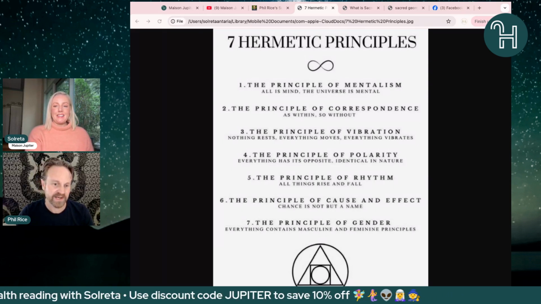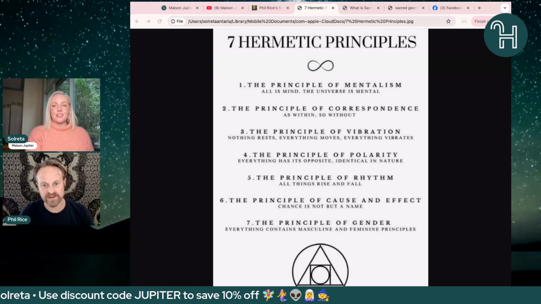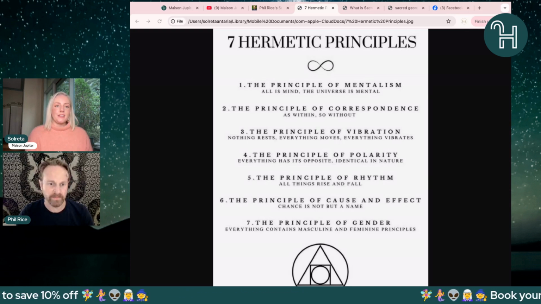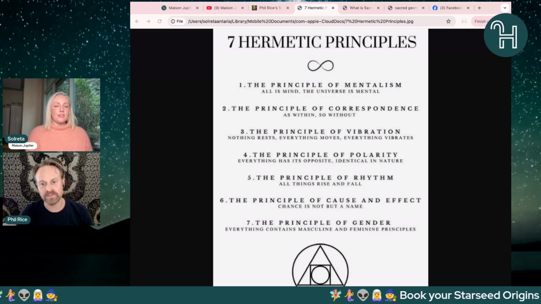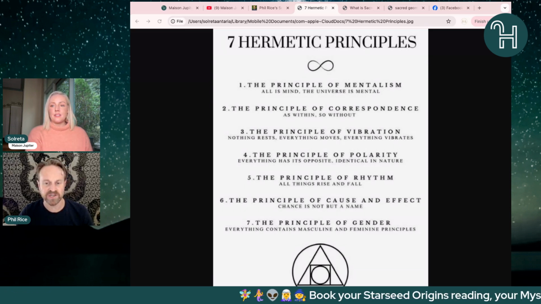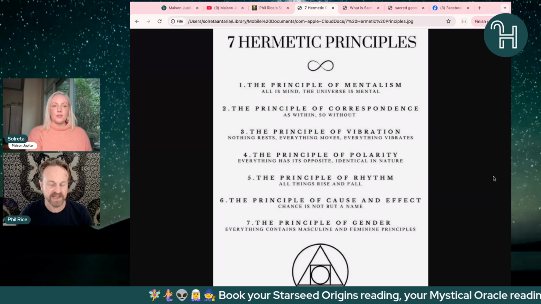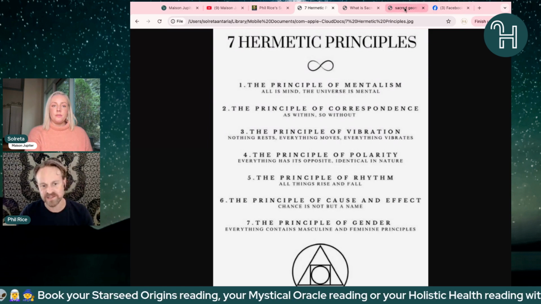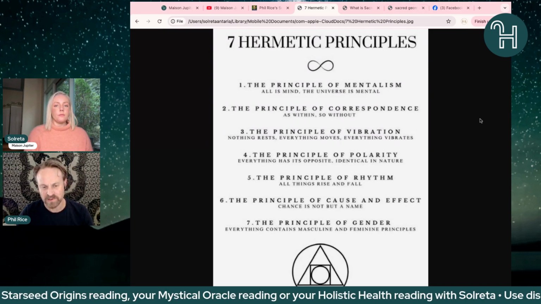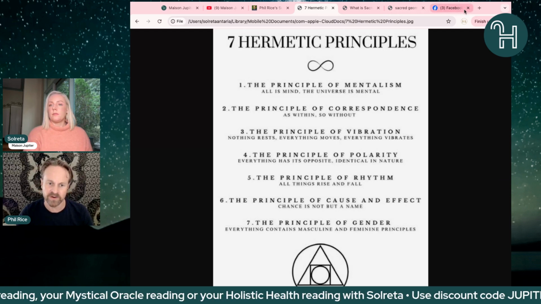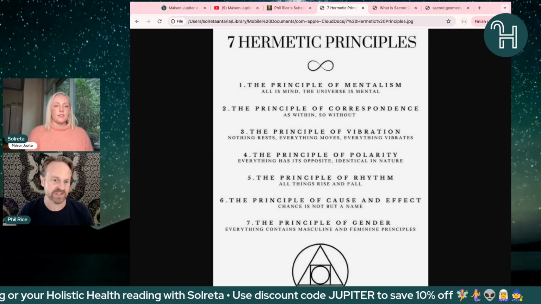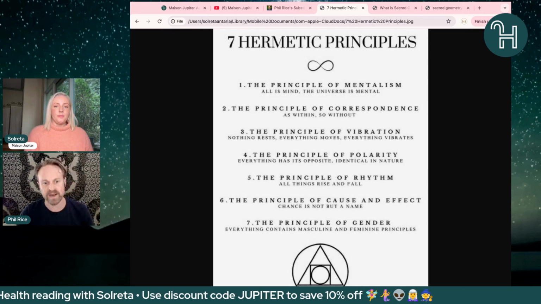So we see cycles of movement, and, as in the principle of vibration, everything's moving. Well, things move in patterns. And so the difference between rhythm and vibration is essentially that you take the movement, and then it starts to organize into these repeating patterns that may not be initially visible in the short term, because some cycles go over incredible periods of time that go far outside of human lifespan.